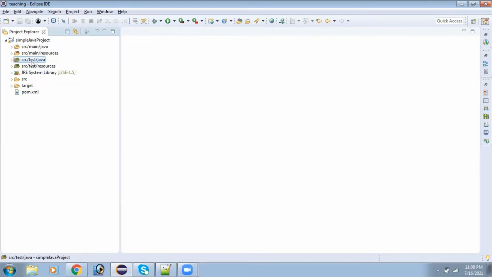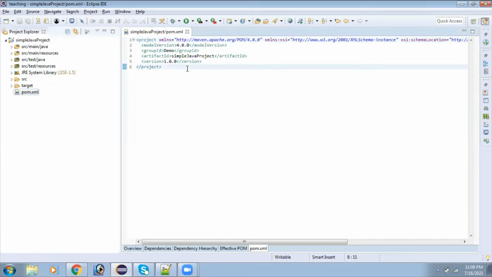Before doing that, we have to understand what POM is. Before you completely understand Maven, there are a few concepts you must remember. If you are using a Maven project, initially you need internet to download all your dependencies. Let me explain this. In a few minutes I'm going to explain why we need internet to run a Maven project. If you want to really understand Maven, you must understand a few tags.